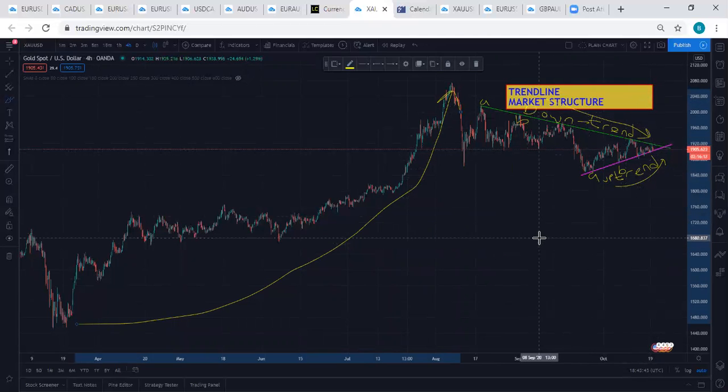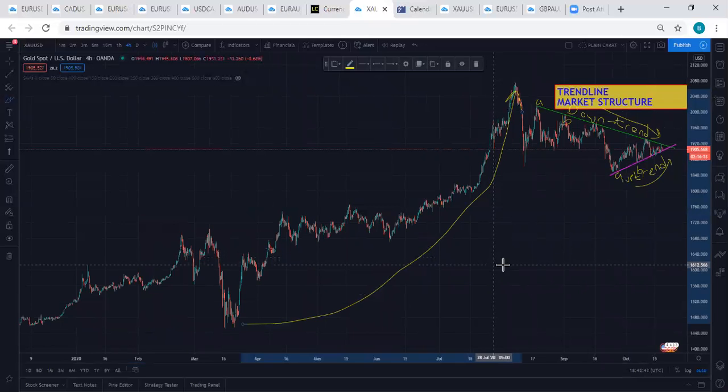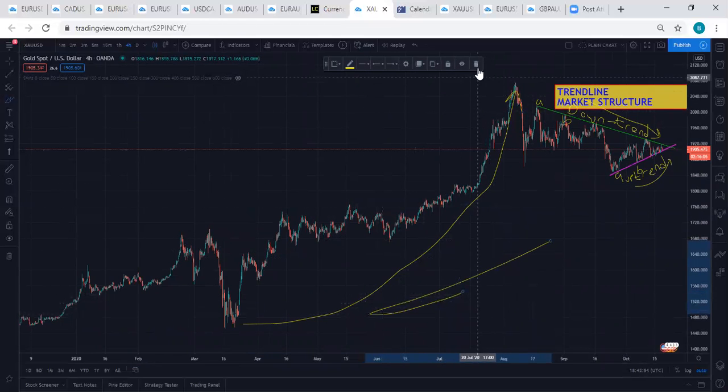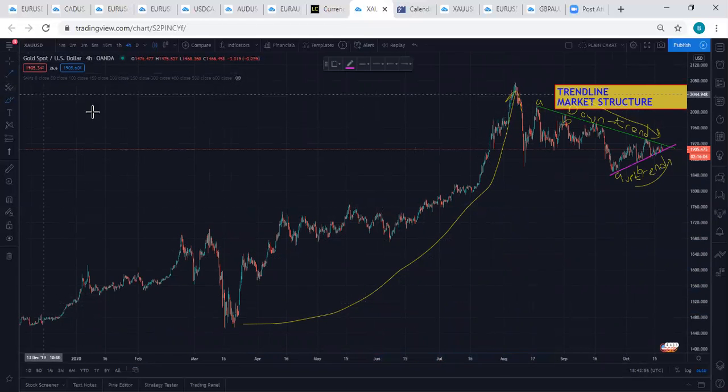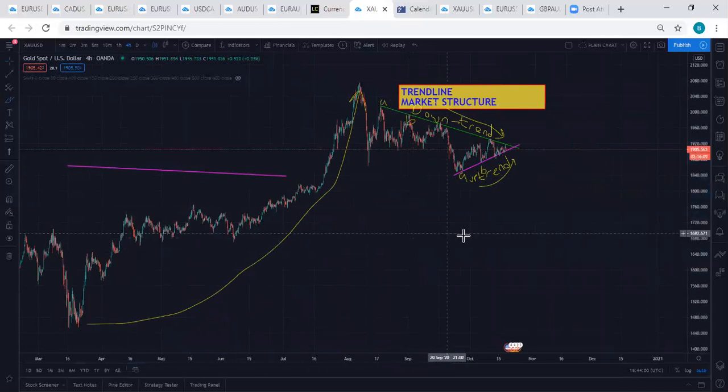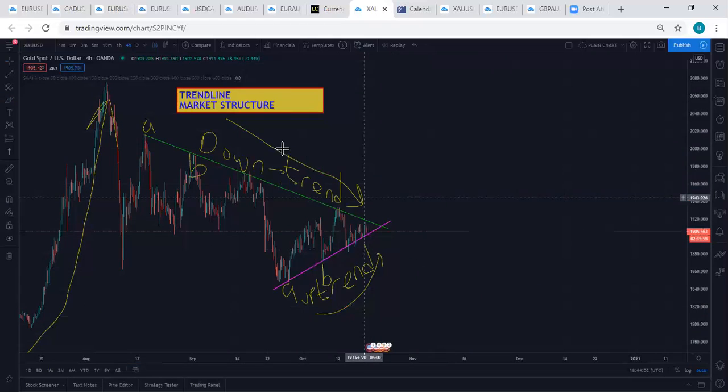You cannot understand Forex in one month. You will need practice upon practice upon practice to understand this thing. So this is what we call a trend line, and this is how you draw your trend line.